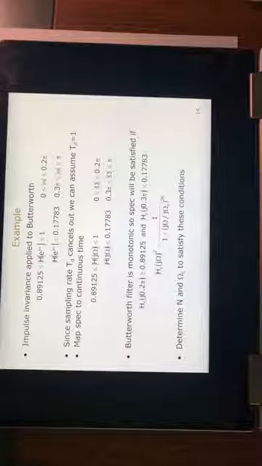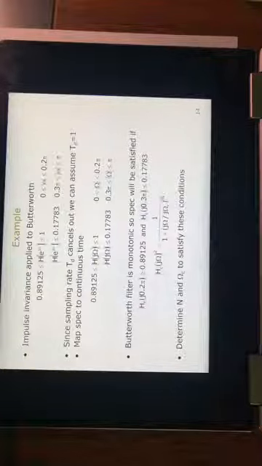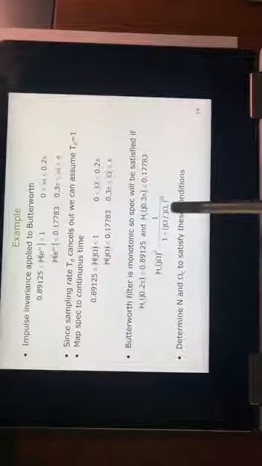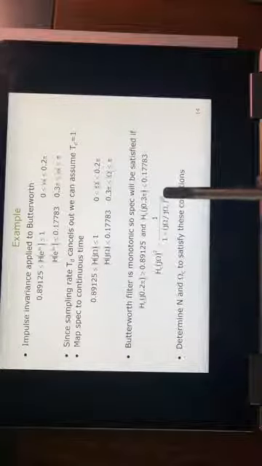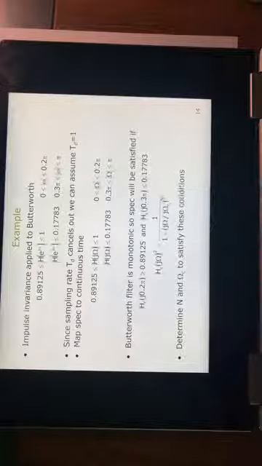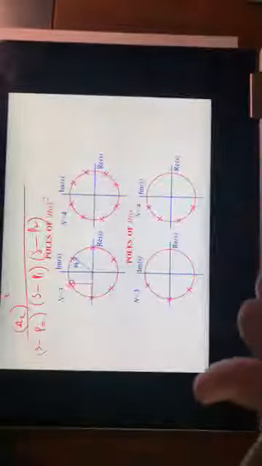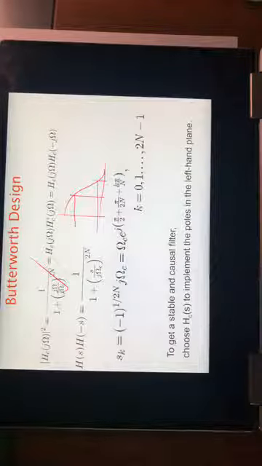So how do you go about finding the value of n, and then finding the value of omega c? If you look at this expression, there are 2 design parameters which you need to find. You need to find the cutoff frequency, and you need to find n. If you know omega c and if you know n, then you can easily plot these. So these are the 2 design parameters which you have to figure out from the specifications. Given the specifications, you have to figure out two things: one is n and the other one is omega c. Let's see how we figure out these two things.